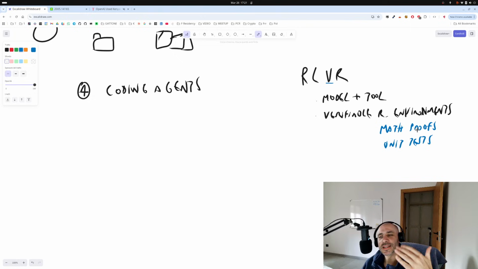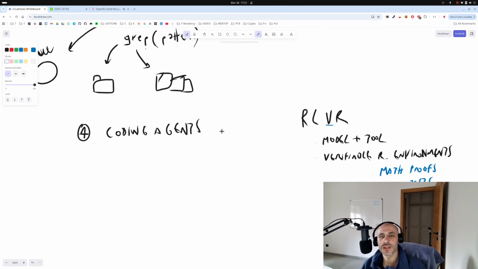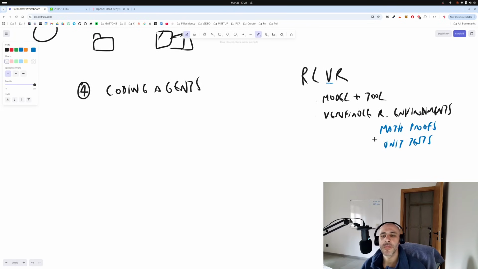Because I know the steps of the proof and the final theorem, and also with unit tests, I can check whether a program written by an agent with an LLM inside of it actually satisfies a set of unit tests.